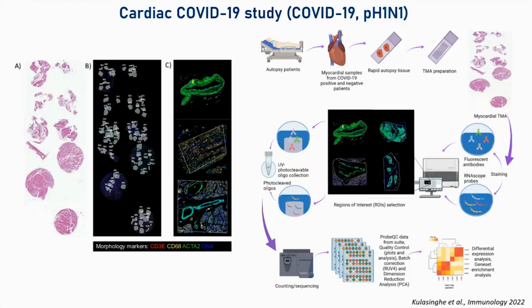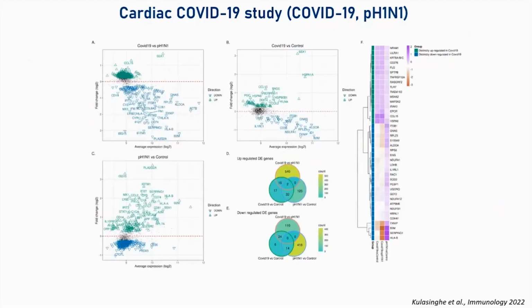And so we used this NanoString whole transcriptome approach to understand the different structures within the tissues, and then did some differential expression analysis. This work was published earlier last year. And what we saw, to our surprise, was that COVID-19 and flu looked quite different. In the cardiac tissues, we couldn't identify viral presence by RNAscope, but we could see transcript differences between the groups.